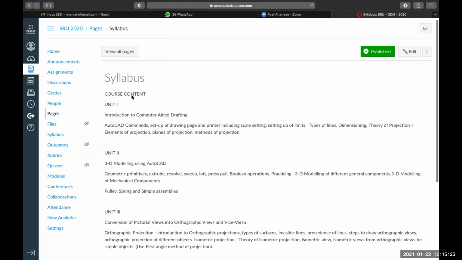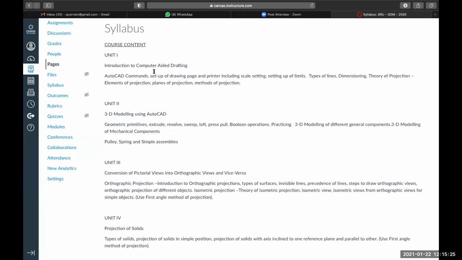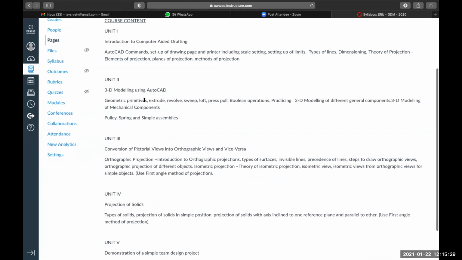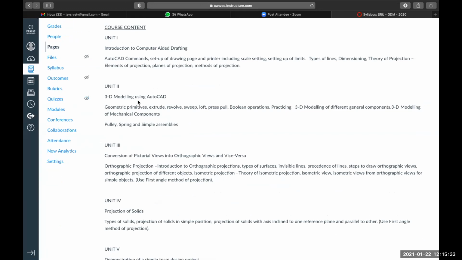From the beginning, we have covered unit number 1. Now coming to unit number 2, 3D modeling using AutoCAD, we have covered geometric primitives, extrude, revolve, sweep, loft, press pull, Boolean operation, practice. You need to practice it.